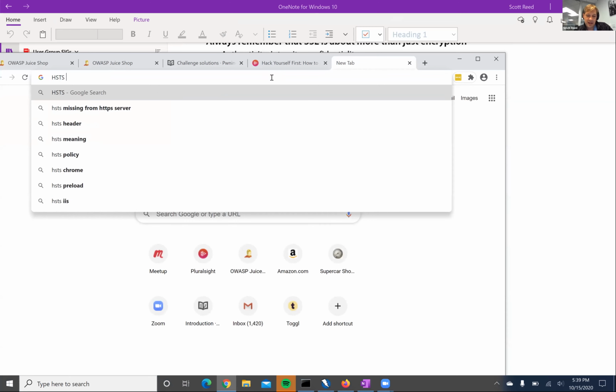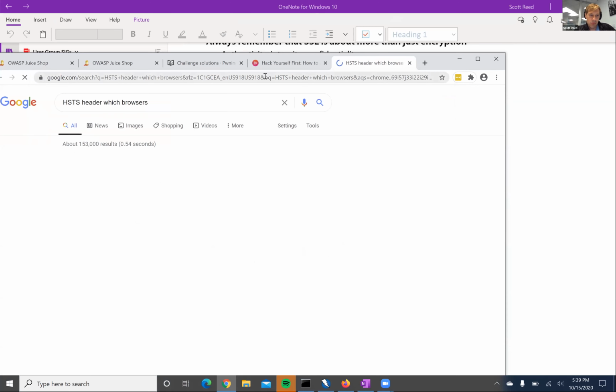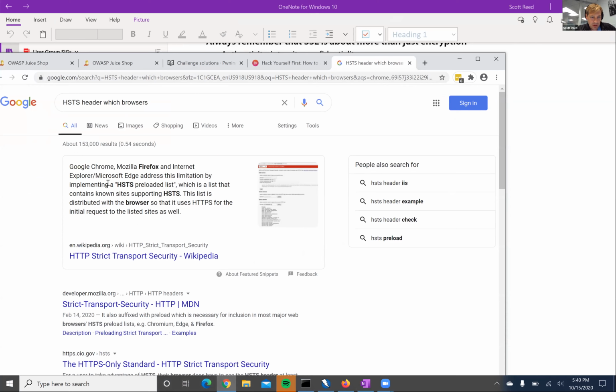So HSTS header, I wanted to see which browsers support it now. Cool. So now it looks like all of them support it: Chrome, Edge, and Firefox.